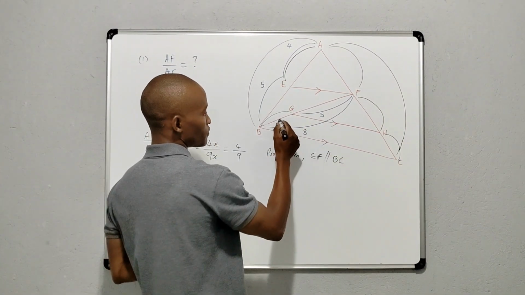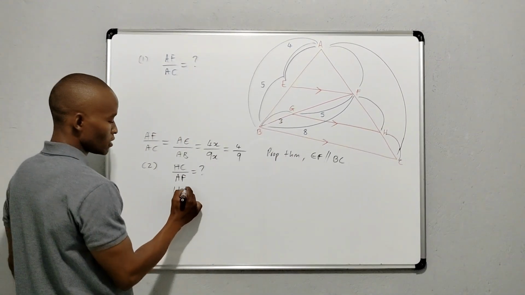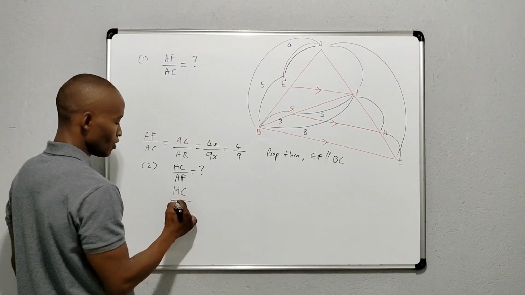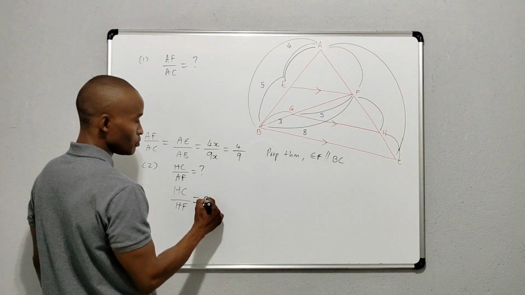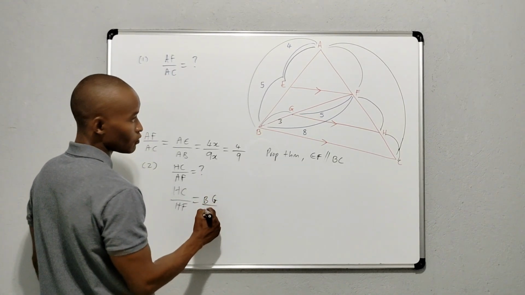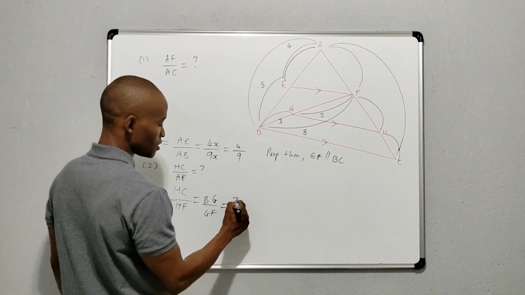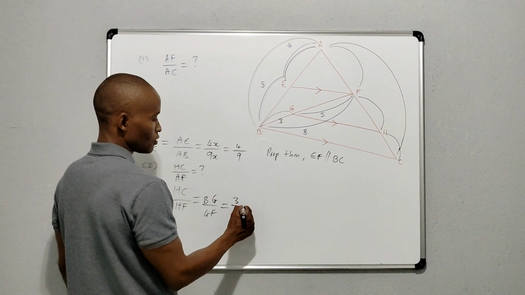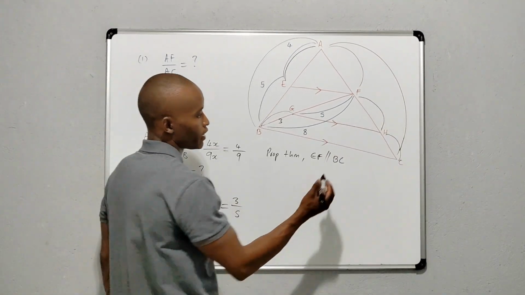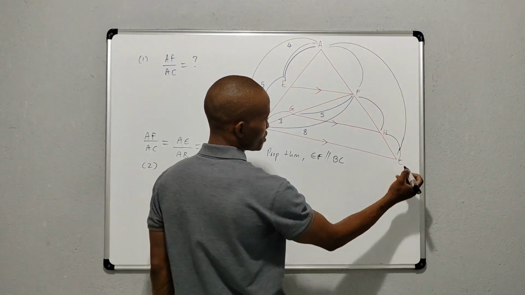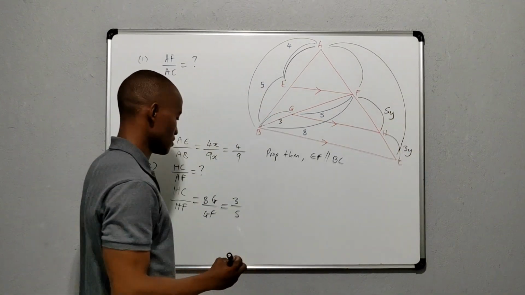So 8 minus 5 will be 3. Okay, so HC over HF is equal to BG over GF, which is 3 over 5. But for HF, when you introduce variables 3y and 5y there,